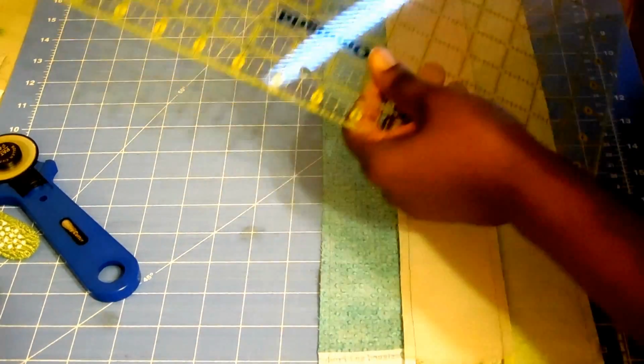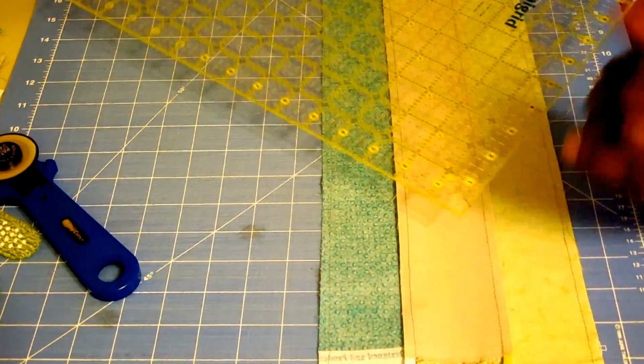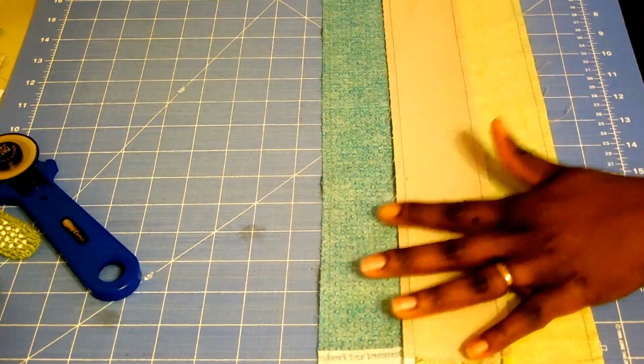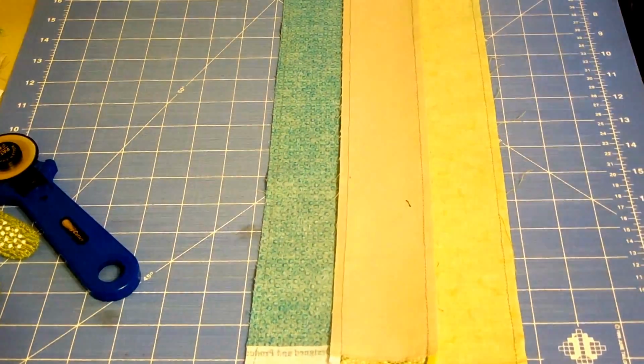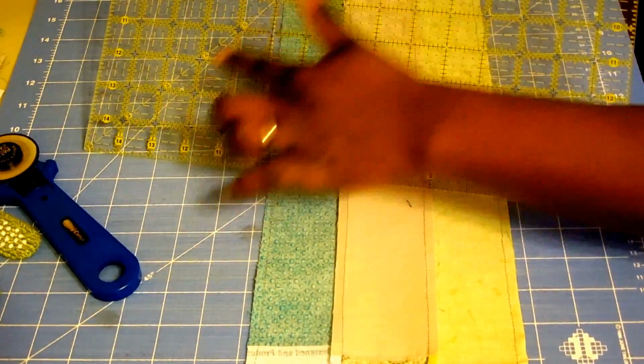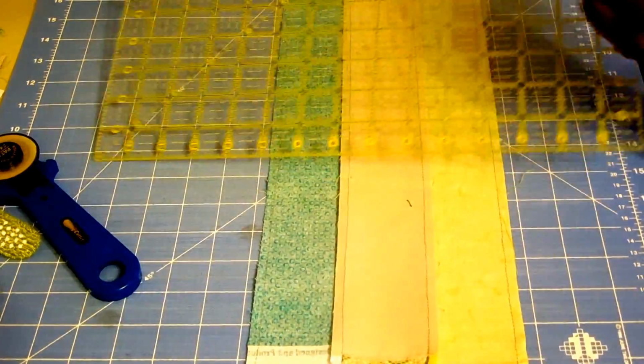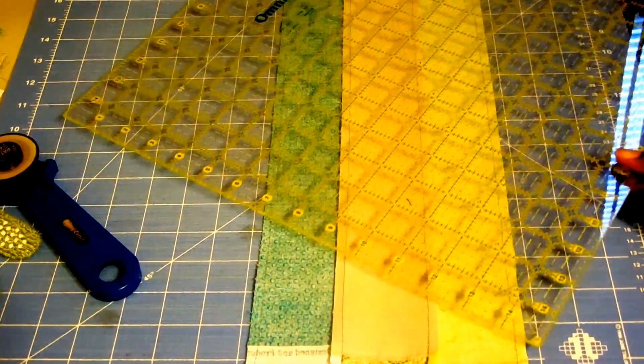Now, to cut your strip sets, what you're going to need is a square ruler. I'll move this up just a little bit. My square ruler has the 45-degree line down the center, and that's the line that we need. So what you're going to do is you're going to take that